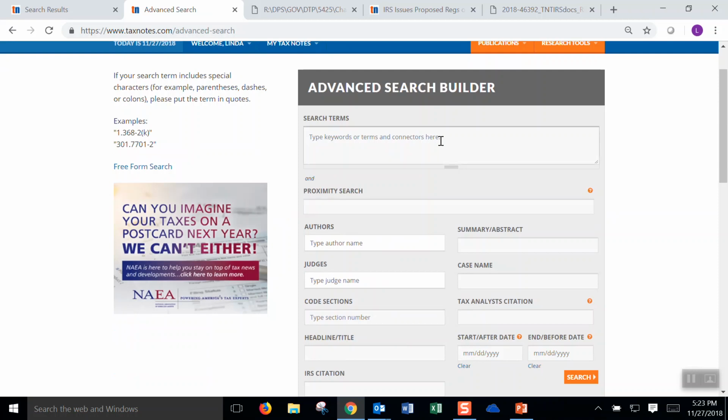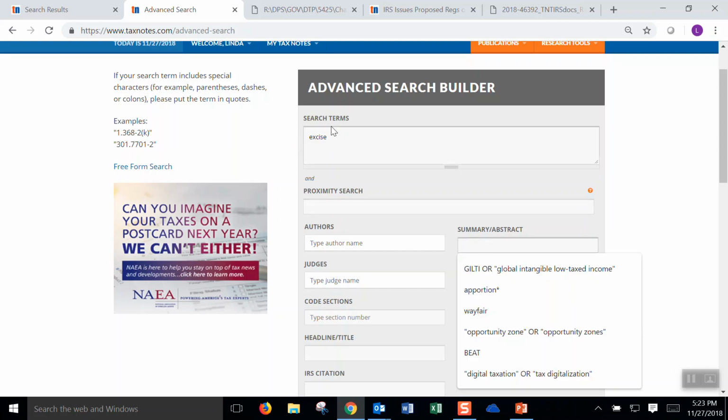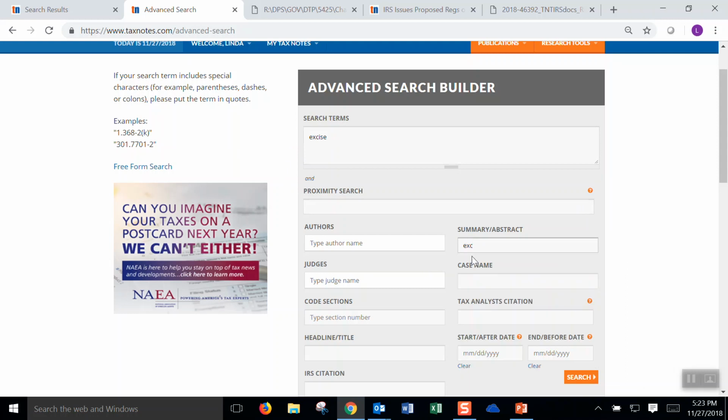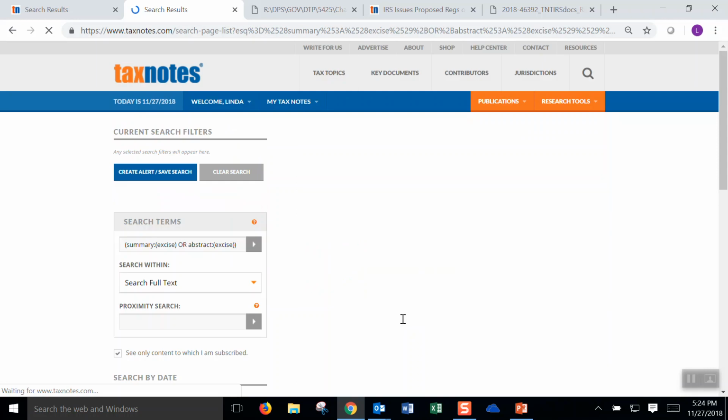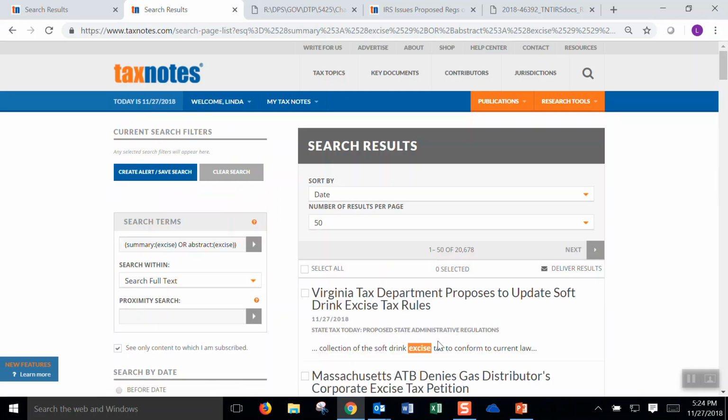Another useful thing that we can do is use this search field for summary or abstract. So if I take a keyword and I put it in this field, then what's going to happen is the database will look only in the summary or abstract of my document and will retrieve only articles that are truly about this keyword. It's running a more precise search than if I simply put my search in the search box.